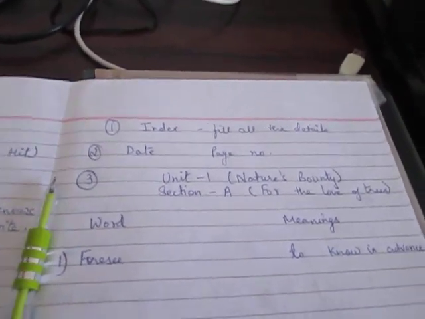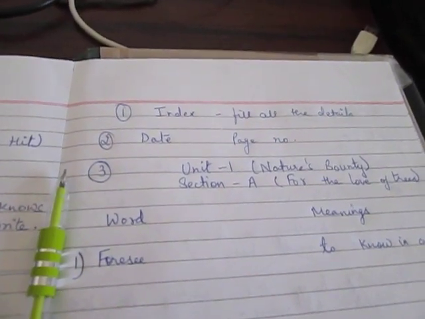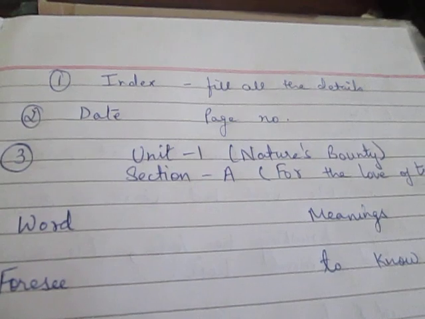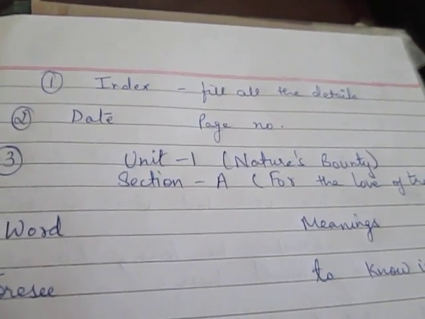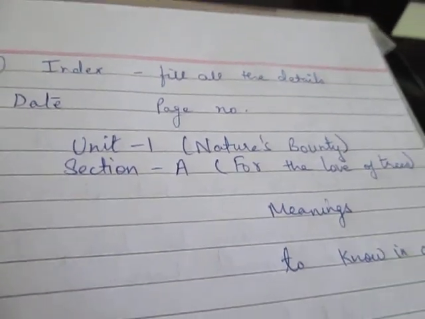And there will be a notebook of peacock green color, which you will use for English. Along with that, let's discuss the steps on how you will maintain your notebook, right? So students, when we begin a notebook, the first thing is the index. You have to fill all the details in your index once you start doing the chapter, right? The first major step is to fill the index. You will fill your serial number, chapter name, and along with that the page number, right?